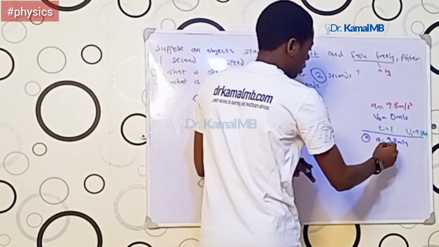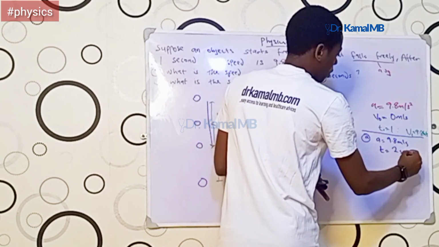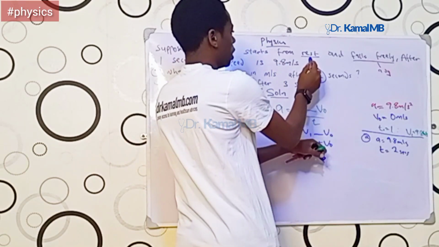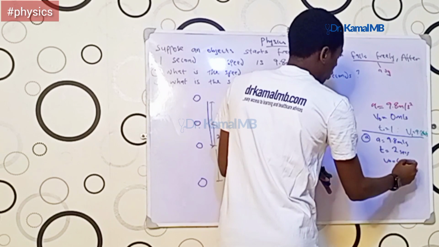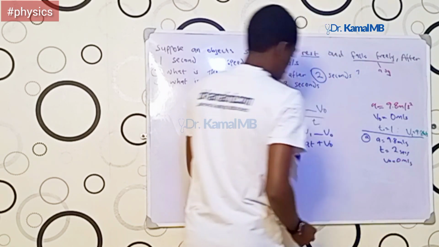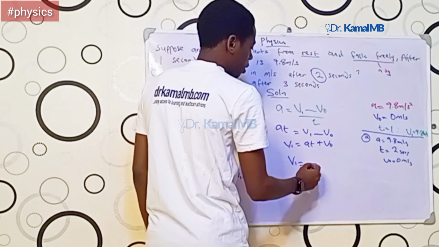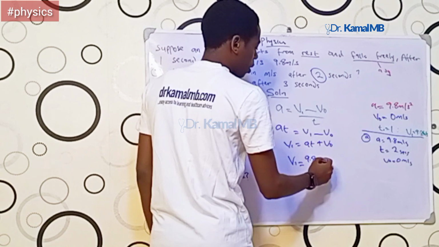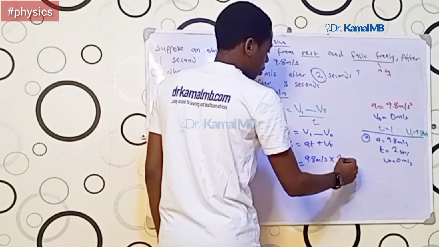Our T from the question is 2 seconds. Our v0 from the question, rest, is 0 meters per second. Then you come back to our formula, then v1 for question A is equal to A, which is 9.8 meters per second square times 2 seconds